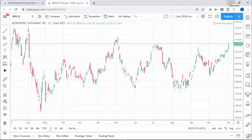You can see it's been in a bit of a channel. Yes, it's going back and forth. When I see consistent retracements of 100%, like we got back here in May. So you had a retracement down and a downward trend, and then it bounced back up almost 100%. Another low, roughly in the same region, a bounce back up. To me, this is a classic sideways channel. Even though the dollar amount is significant, it's still, to me, a sideways channel that I would either avoid or